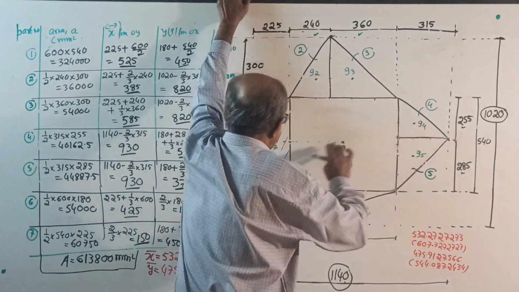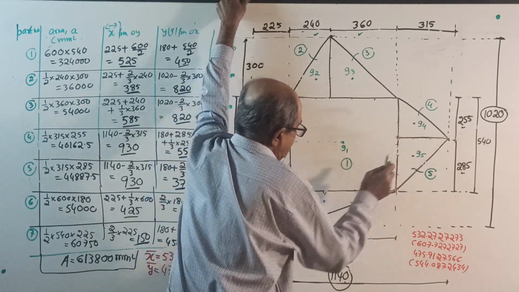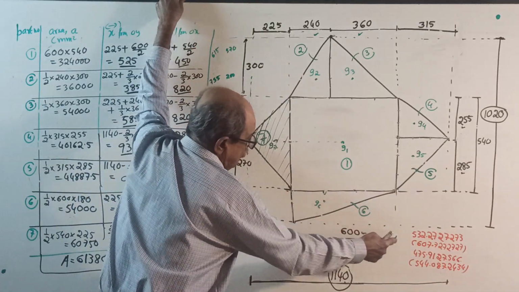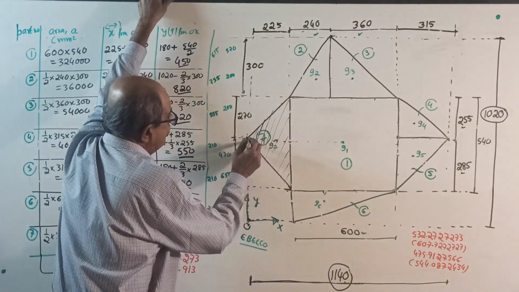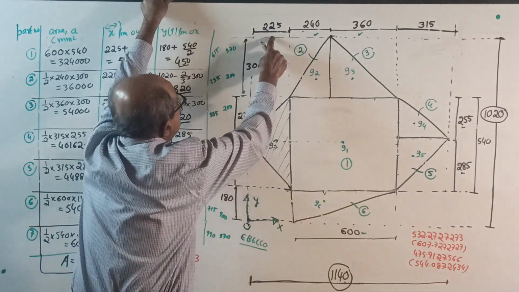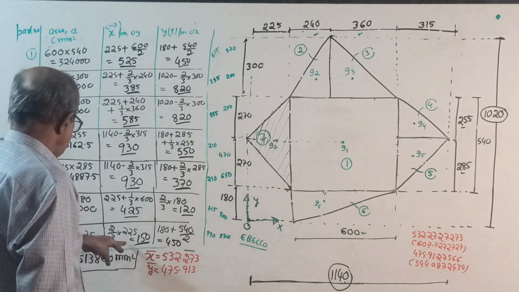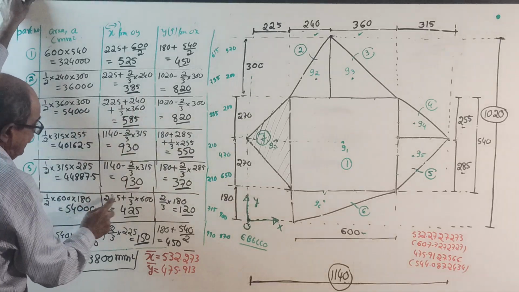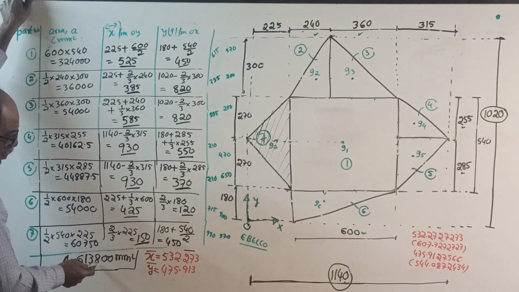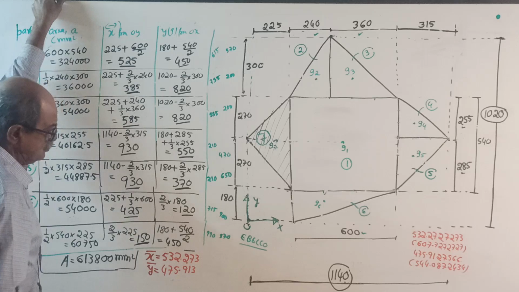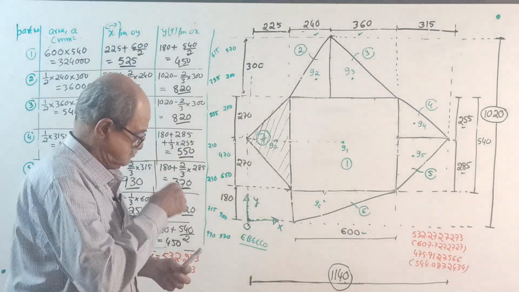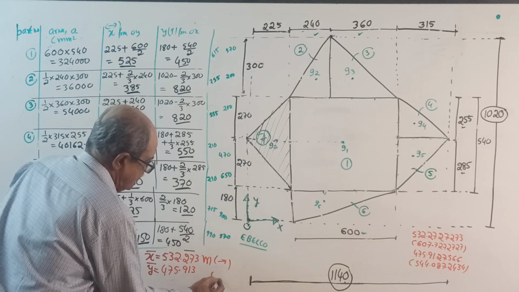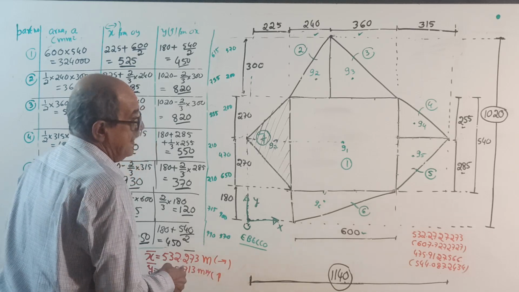How much is x4? Same for x5, same distance for x5. x6, 225 plus 1 by 3 of 600. 7th one, from here, 2 by 3 of 225. Okay, over. A1 x1, A2 x2, A3 x3, A4 x4, A5 x5, A6 x6, A7 x7, divide by total area, you will get x bar 532.273 millimeter. Okay. I won't waste time now. That is to right side of origin. Then y,